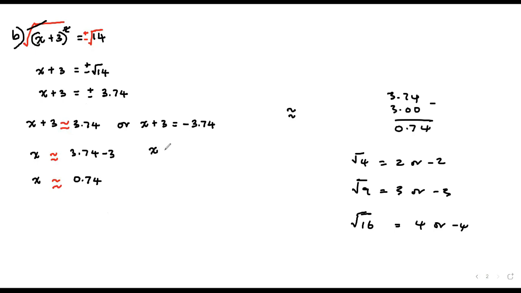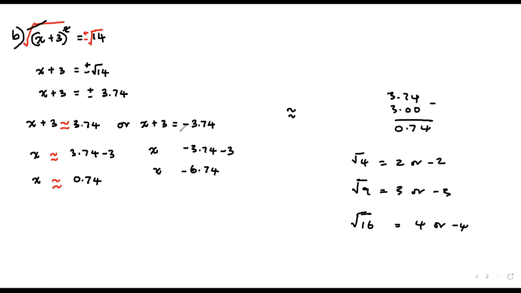X, if x plus 3 is equal to minus 3.74, it means that x is equal to minus 3.74 minus 3. So if we have minus and minus, our answer will be minus, and we just get 3.74 plus 3. You know that the answer will be negative, and get this number plus this number, and that will be 6.74. And like I told you, we need to make sure that we use the approximate sign